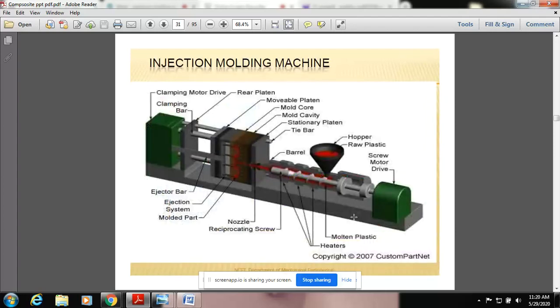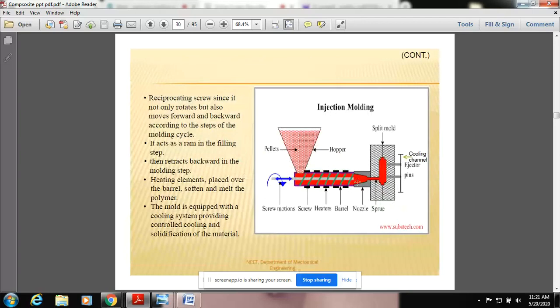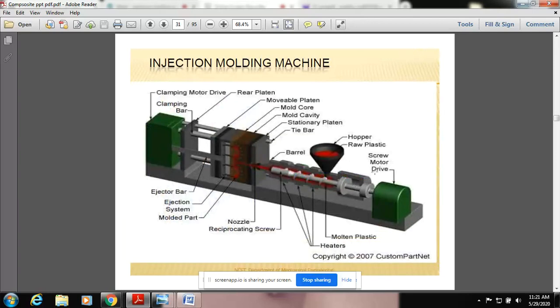So this is an actual diagram of how companies use the injection molding process. The same parts mentioned here are shown there. There is no great difficulty. See, there is a hopper, there is a barrel, and you can see how the injection molding parts can be manufactured. I have given everything here. We can check it out.